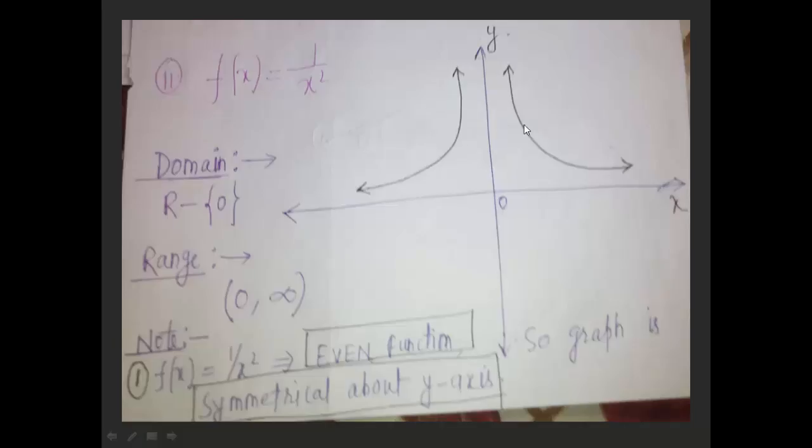So from the graph you can easily find the domain and range. Here the domain is the entire real numbers excluding 0. That means if x equal to 0, y equal to infinity, that is not desirable. So you have to neglect or exclude the 0. So the domain is R minus 0, and the range is